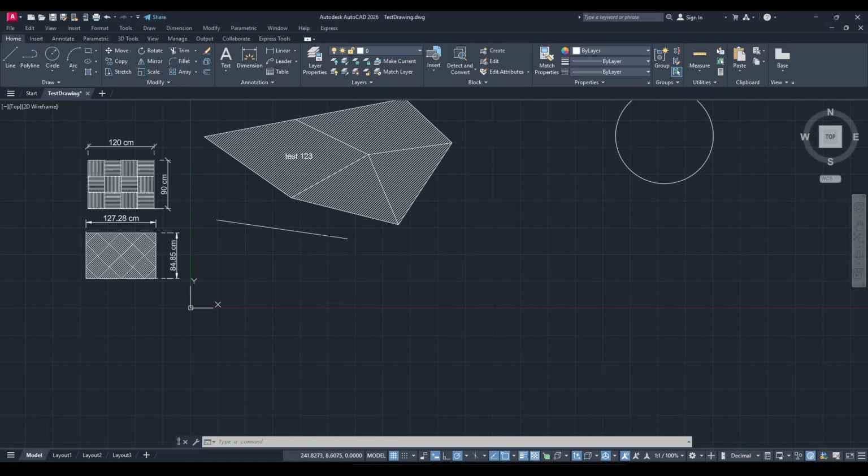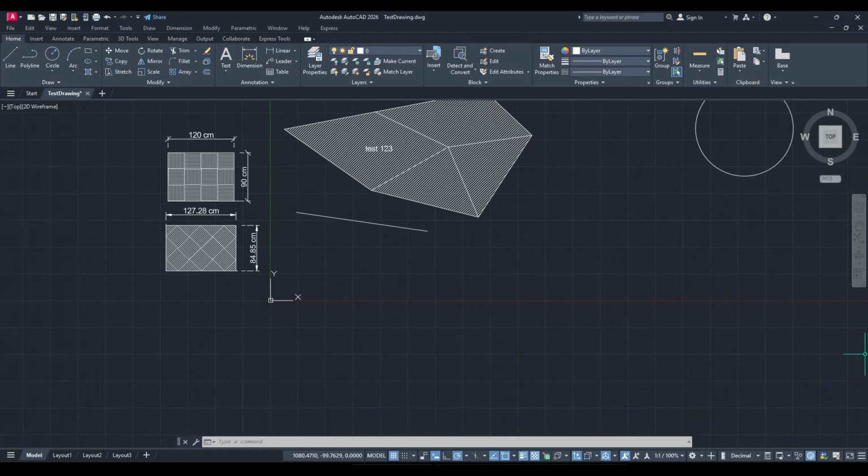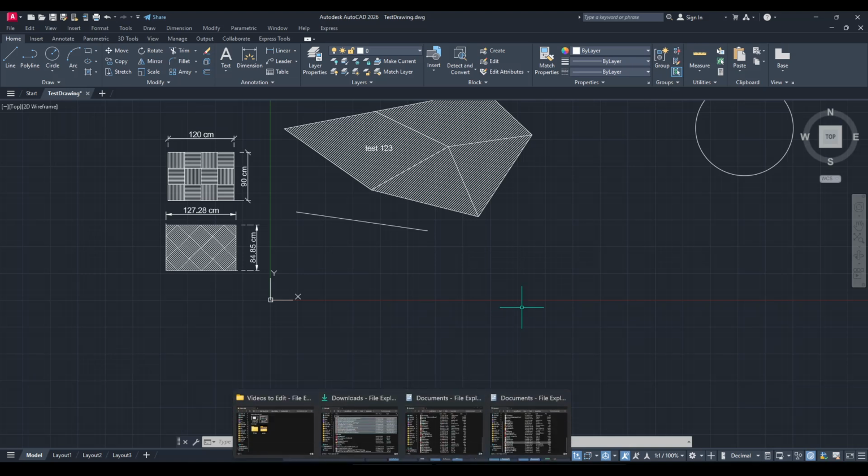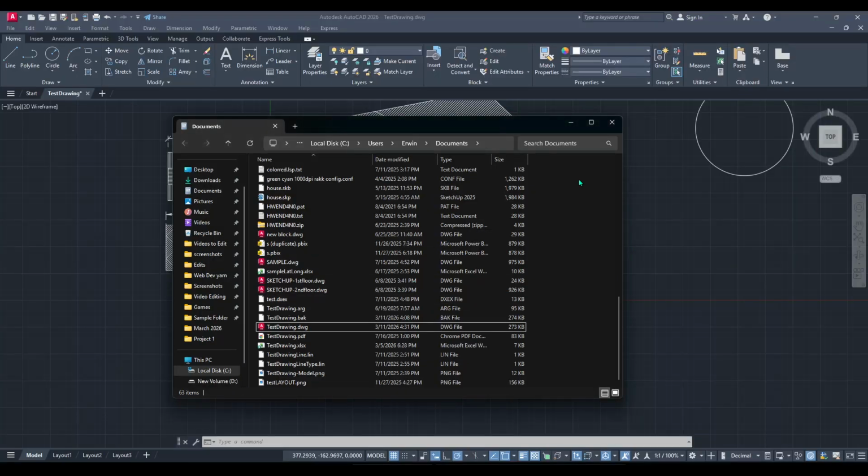In today's video, I'm going to teach you how to convert the BAK file to DWG file in AutoCAD. This is a quick, reliable way to get back to a previous version of a drawing if your original file is missing or corrupted. A BAK is simply a backup that AutoCAD creates automatically when you save a DWG. It usually sits in the same folder as your original drawing and contains the last saved state before the most